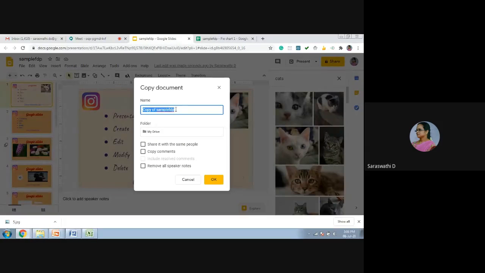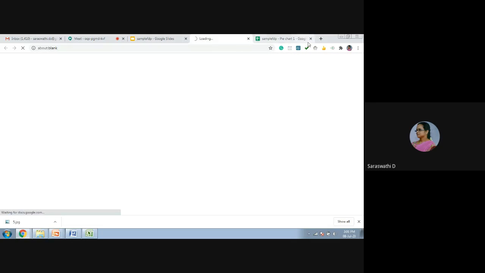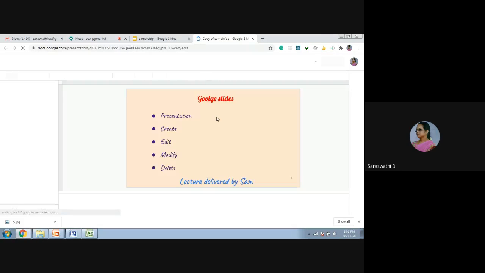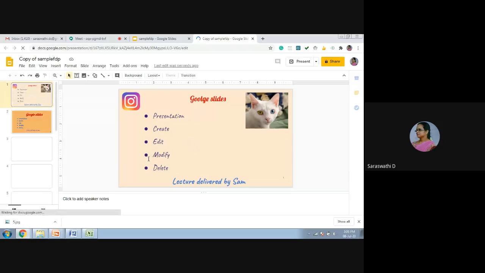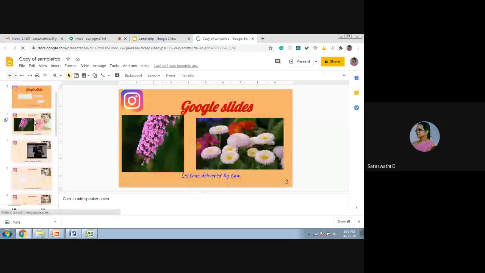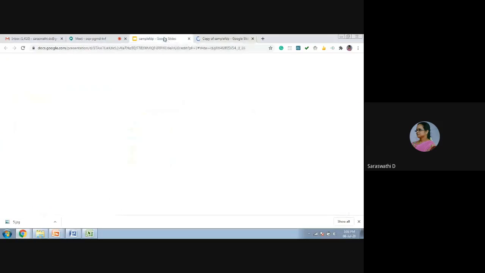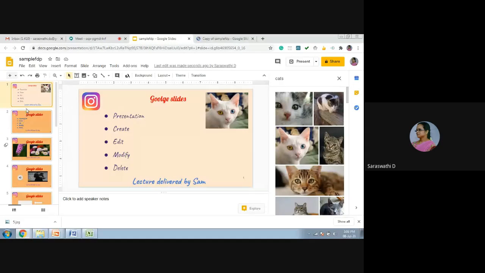If you want to make a copy of the entire slide deck, you can take the copy, just press the entire copy. Here, if you want to change the name, you can change it, just leave the button. It is taking the copy of the entire slides. Like this, you can have all the slides.